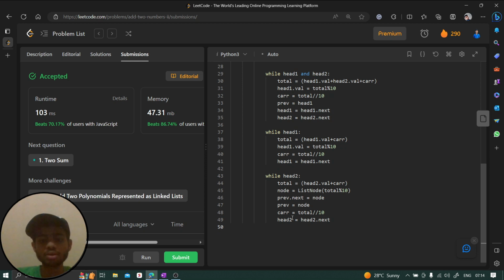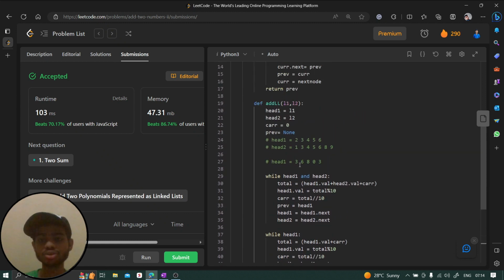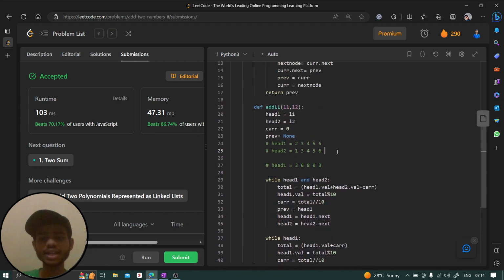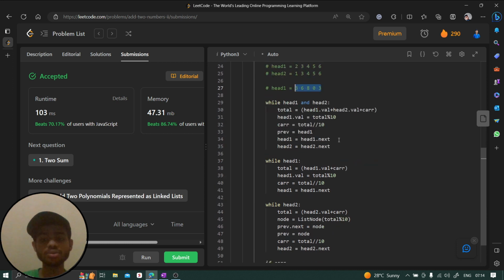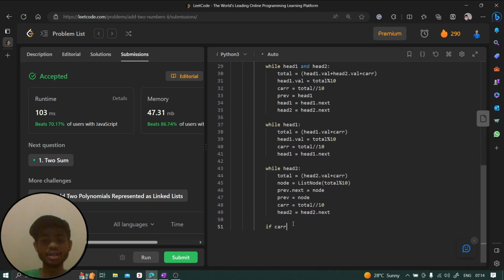Once this is done, there is one more condition: if both are null now, but carry still exists, right? Let me show you this case as well. So if this is the case, both have been done, and we are getting this answer in head one, but still there is one carry. So what we are going to do, we are going to say if carry is equal to 1, then